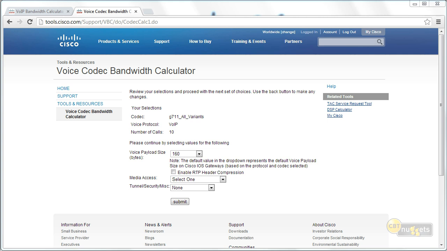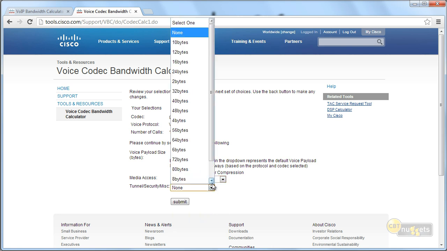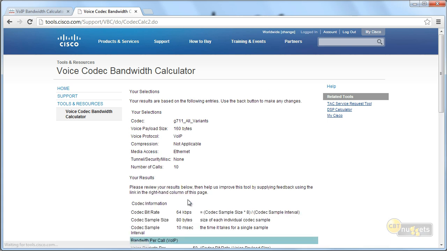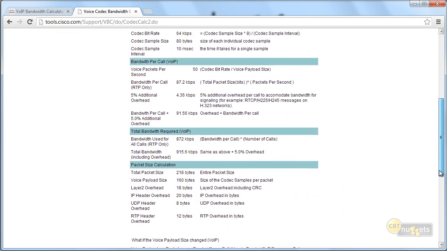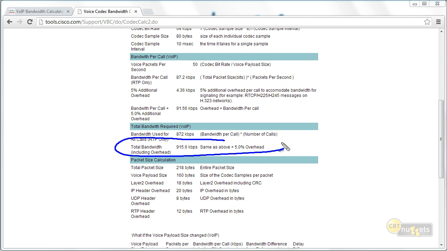All right, we're in a high-speed LAN. I don't need to worry about RTP header compression. The media that we're going to be using is Ethernet, and we're not going to be doing any tunneling or security overhead. So notice the voice over IP calculator is so cool because it would allow you to take all those things into consideration. It gives you a nice breakdown of exactly what's going on as far as the bandwidth you're going to need. And sure enough, we discover in our environment the bandwidth that we need to have for